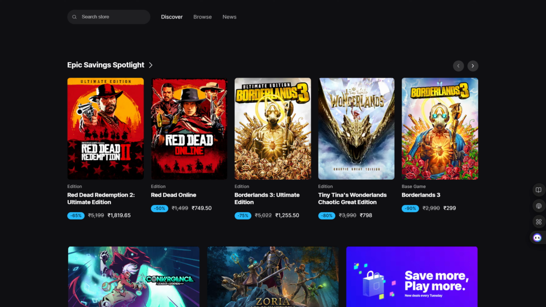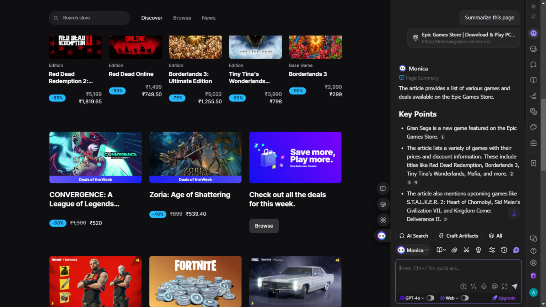Simply just open any website that you want to use. Now on the right side, you can see the options provided by the extension. For example, you can click on the summarize page. Here you can chat to ChatGPT and other models about the page, for example, I'm talking about the page. Here you can see there are so many options, answers I can get throughout the Chrome extension without going to